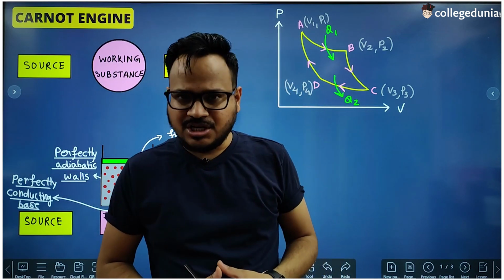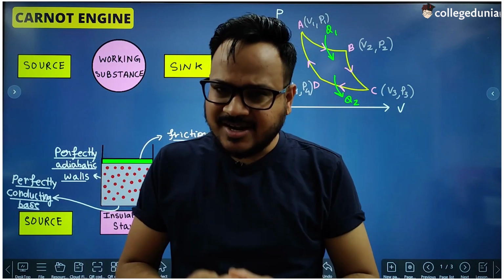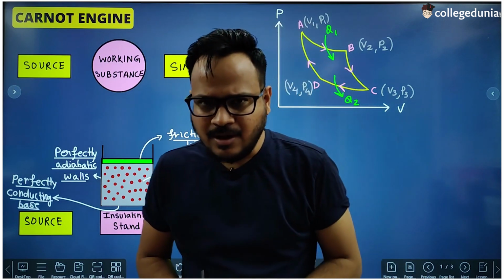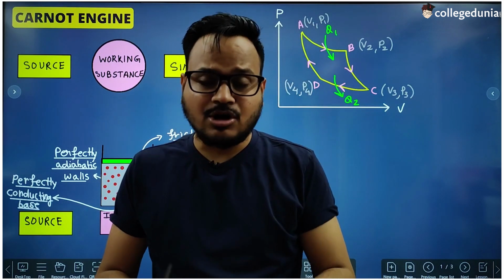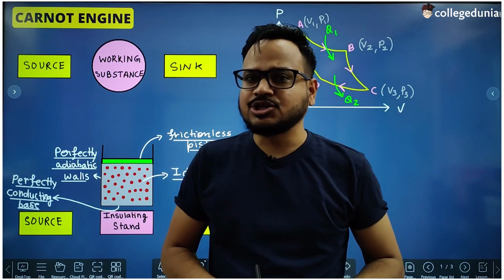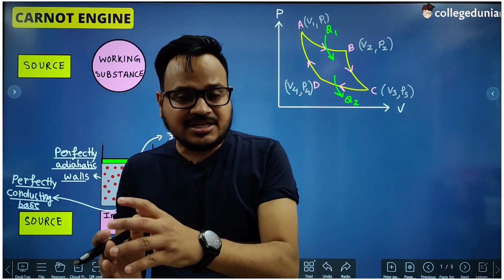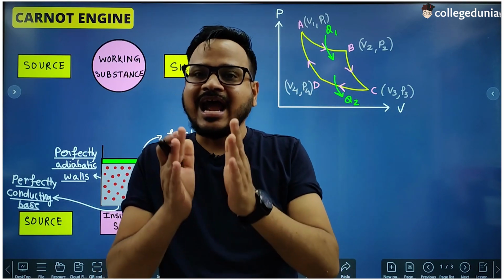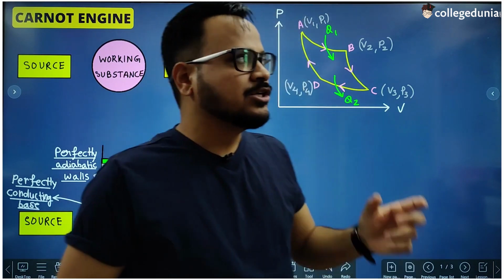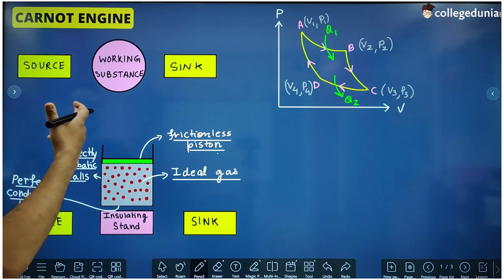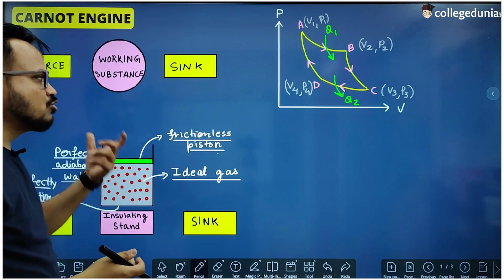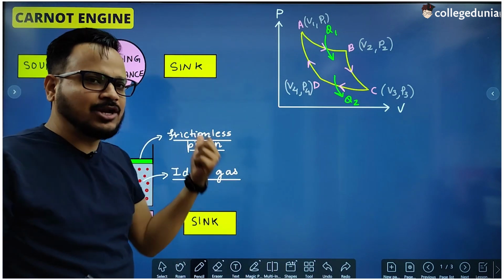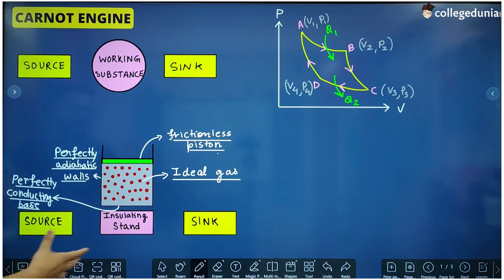A heat engine is a machine which takes input as heat energy and converts that input into output mechanical work. For example, the train's engine is a heat engine because it takes input as the heat energy of steam and converts that energy into the useful mechanical work which is used to rotate the wheels of the train, and hence the train moves forward. So first we will discuss the basic structure of a heat engine, and then only we will be able to understand what is a Carnot engine.